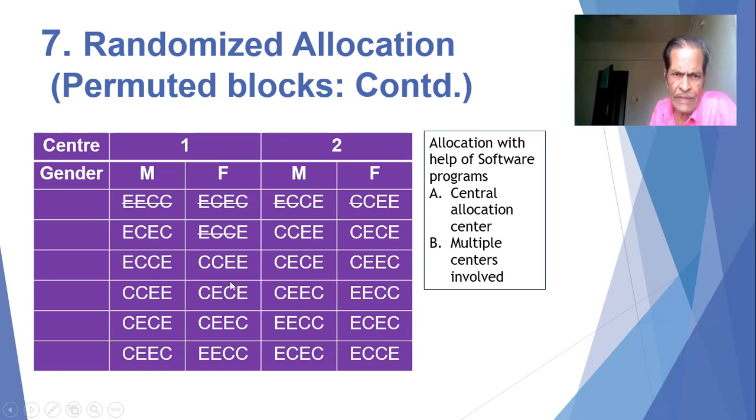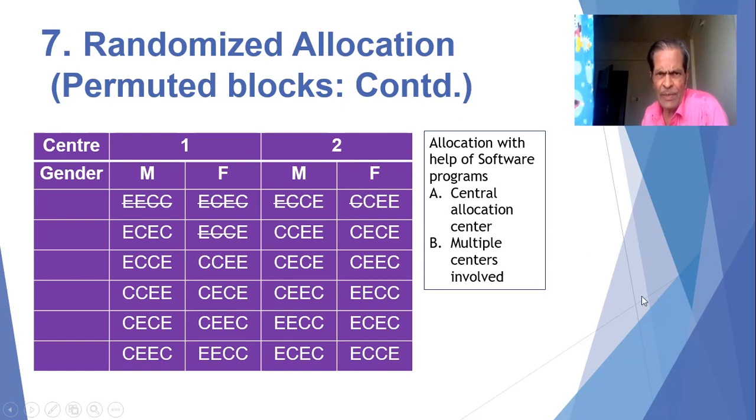So it will go accordingly, and in the end, when all 4 options are exhausted, we will have equal numbers of male and female patients in the trial, and equal numbers of male and female patients for a given center also. So that is how it is done. This is called randomization by permuted blocks with 4-letter blocks. Similarly, it could be extended to 6 letters, and the permutations and combinations for the 2 letters with the 6 possibilities can be worked out.